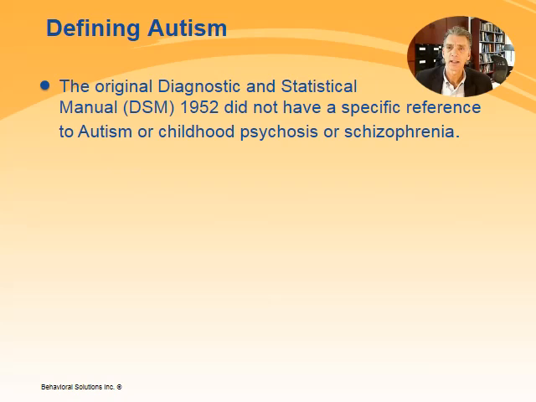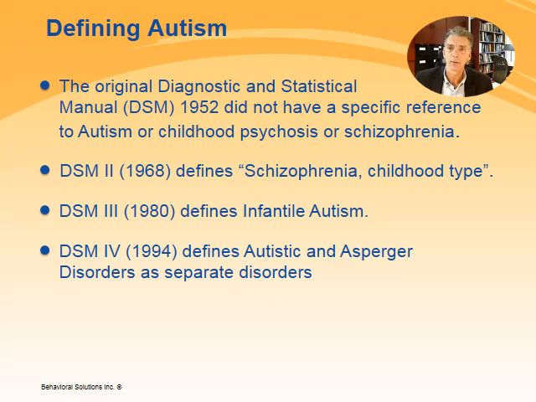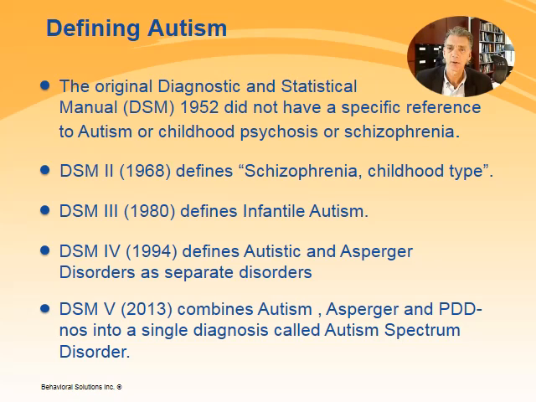Autism throughout all the DSM editions has and continues to have a changing status. Autism was not mentioned prior to 1968. In the second edition of DSM, it was mentioned, but as a descriptor term within the diagnosis of schizophrenia, childhood type. Only in DSM-3, published in 1980, did autism become a uniquely defined diagnosis. In DSM-4, published in 1994, Asperger's syndrome was included. DSM-5 no longer recognizes Asperger's syndrome as being different from autism.